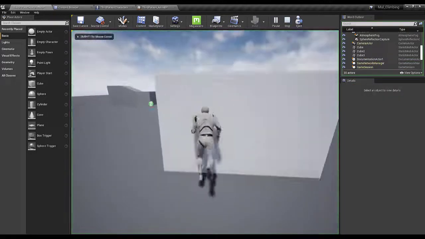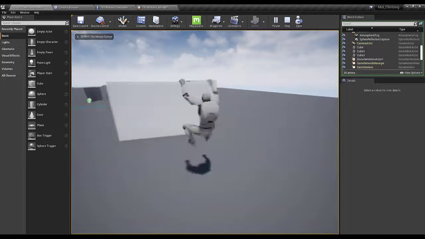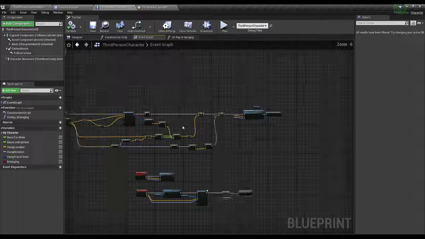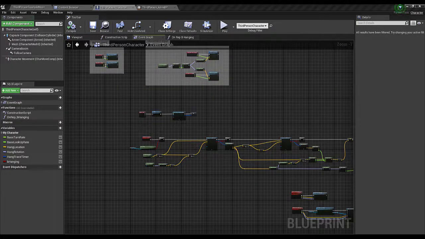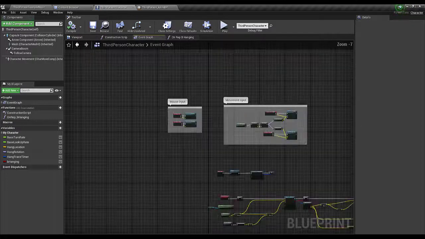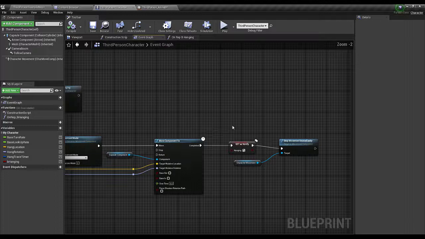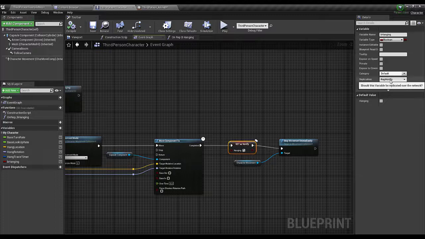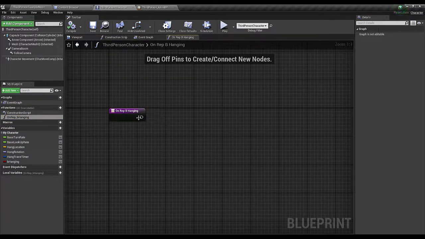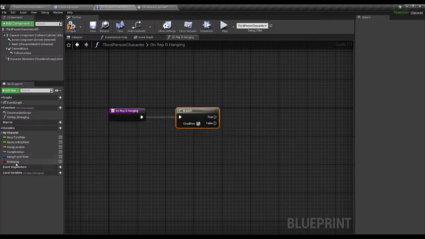You can see I can move around while hanging. So for this I'm gonna open my third person character, and here is my movement input state. So first thing first, when our hanging is true, we have set this to rep notify, and this rep notify is called. So on rep notify we will check if hanging is true,